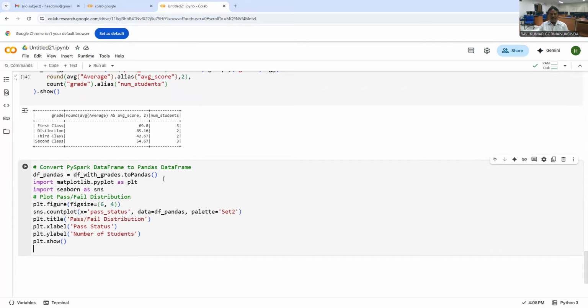The variable name is df pandas equal to df with grades, then dot toPandas. So the df with grades results are converted into a pandas data frame. Now we are doing the graphical representation by importing a library called matplotlib. To represent our results as charts, such as pie charts, bar graphs, and line graphs,